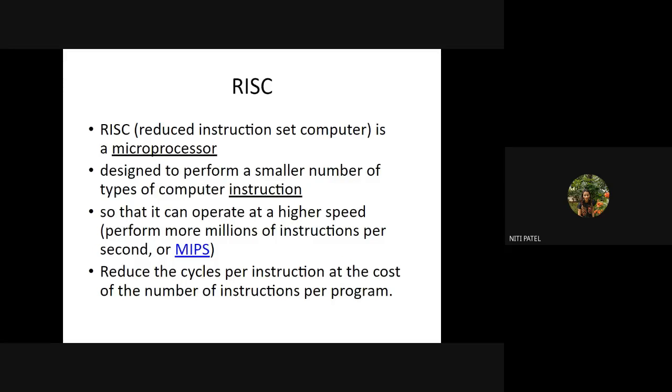Second, we had seen what is direct addressing. In direct addressing, there is a register and a memory location, so the data in the memory location is put into the register. Third, we had seen register addressing. What is register addressing telling? Both of them will be registers, but either it will be base register or it will be index register. What does register indirect tell me?